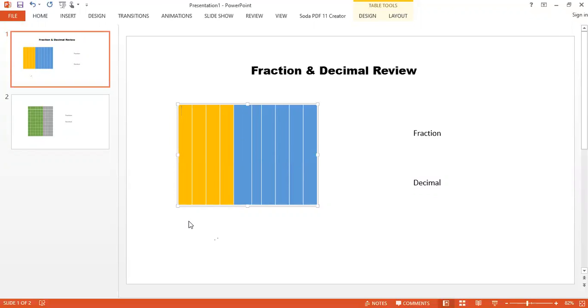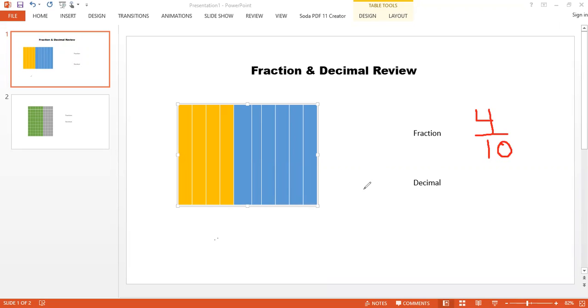we have a few of them shaded. How many do we have shaded? 1, 2, 3, 4. So 4 of the 10 we have shaded. And let's look at the fraction first. How would we put that as a fraction? 4 over 10. Very good. So if we put that as a fraction, that means we have 4 out of the 10 that